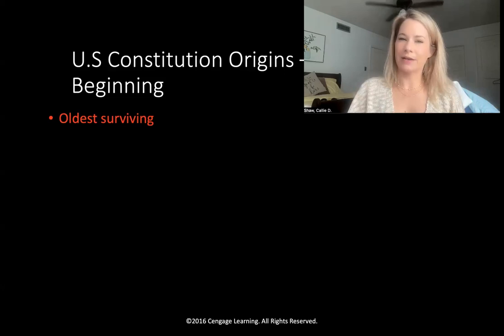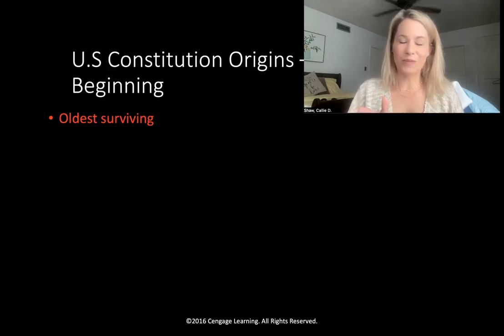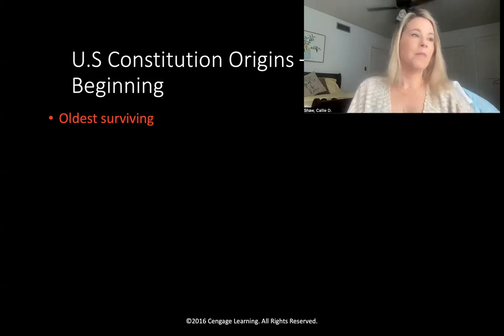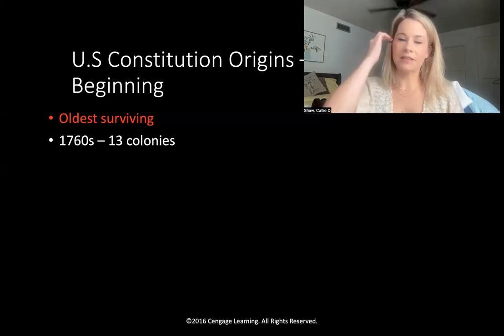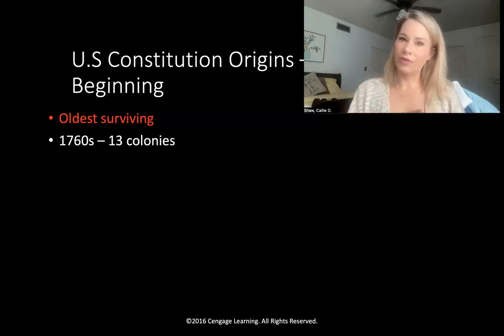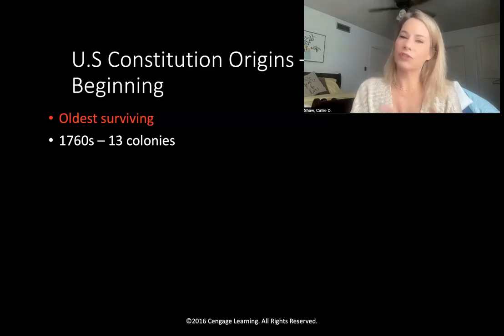And the question you should be asking right now is why? Why has it survived so long? Why is it kind of like, and if you're a horror movie buff, why is it kind of like Jason, who always comes back from the dead and never dies? Well, not that our Constitution is a horror movie, because it's not, but it has survived many different trials and tribulations. And specifically, it all began in our 13 colonies. Before the Revolutionary War, which, spoiler alert, we won, there were only 13 colonies.